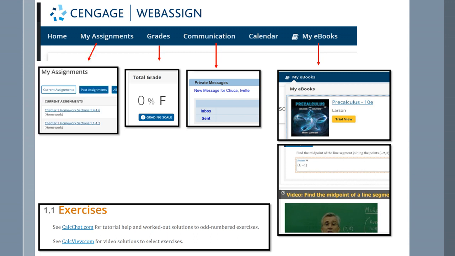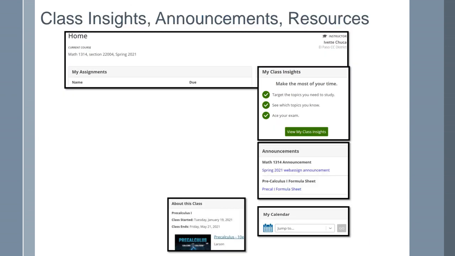All right. And then lastly, but the most important, is my assignments. This is where all classes are going to find all of your homework assignments. All that you have to do for a grade, you're going to find under this tab. And again, be aware that they are labeled with their due dates and when they're available. If there are any restrictions, everything you'll find here under my assignments.